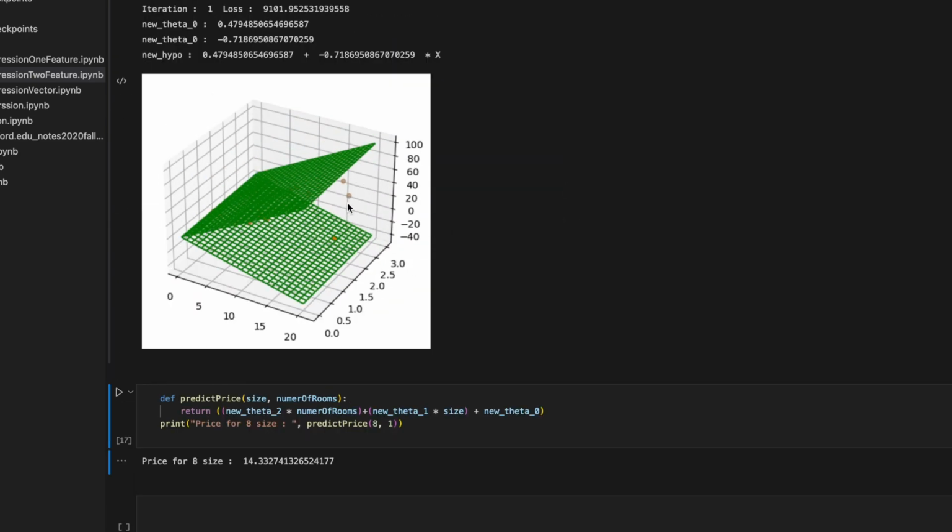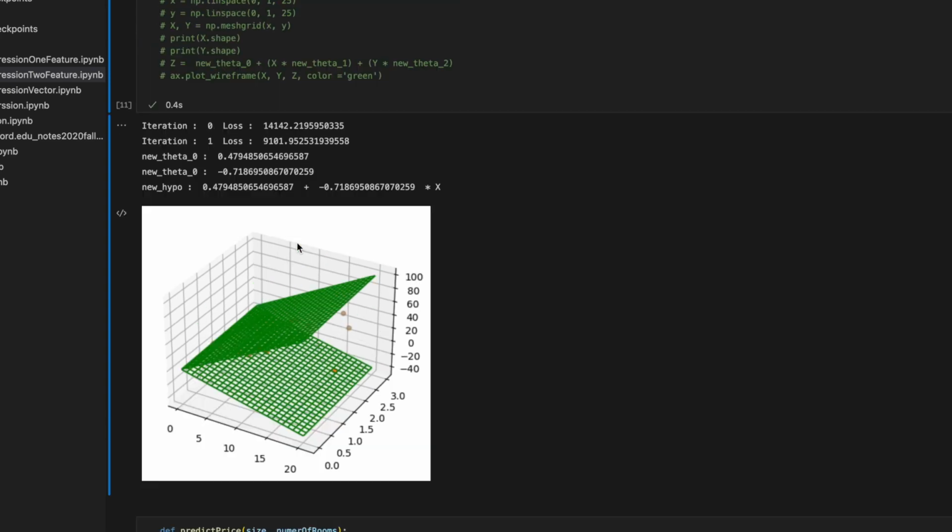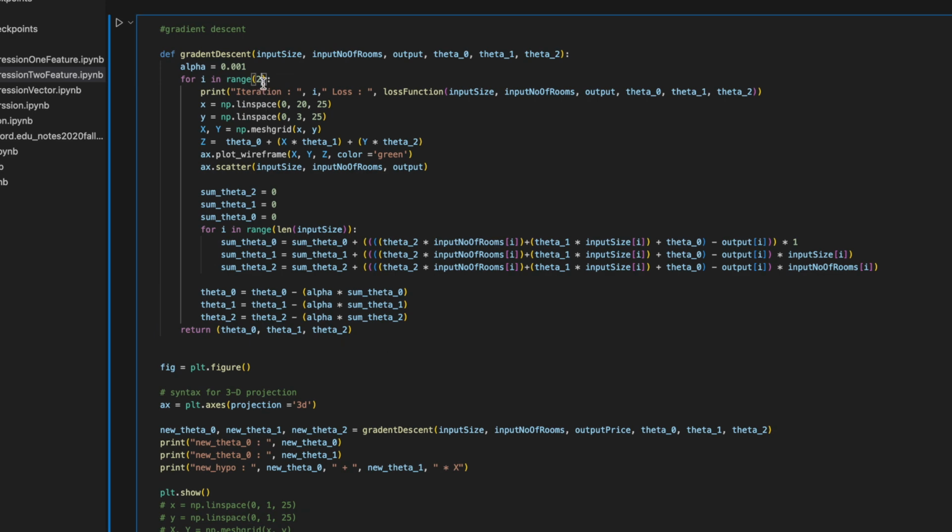Okay, so as you can see, these are the points, right? And our plane was this. If you look, our loss is almost half. It was 14,000, and then it was only 9,000 just after one iteration, and our plane moved from here to here. If you just take the three iterations,